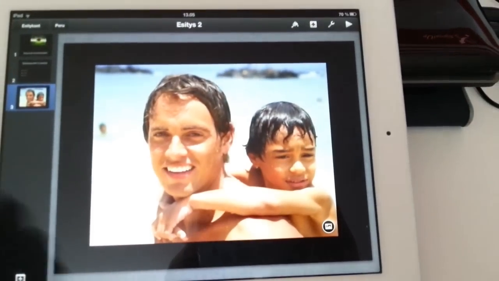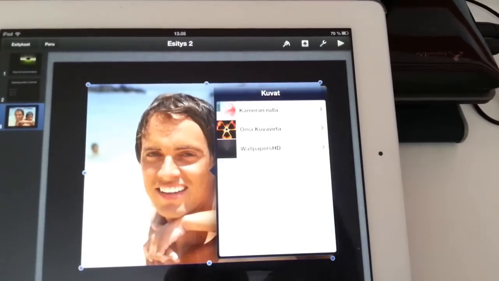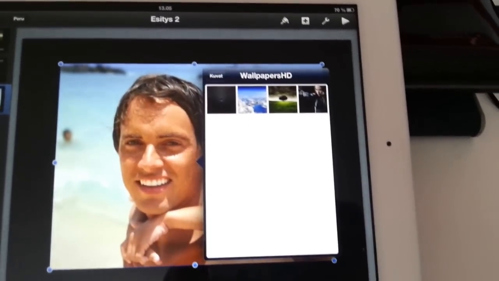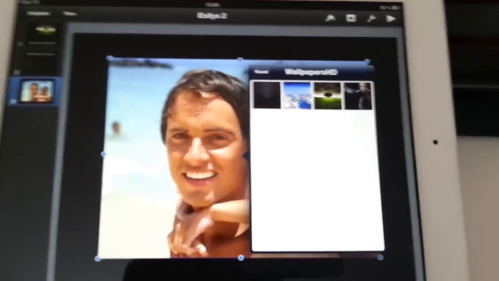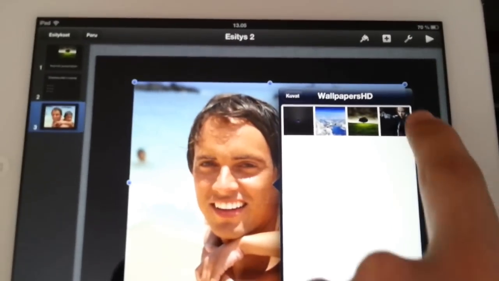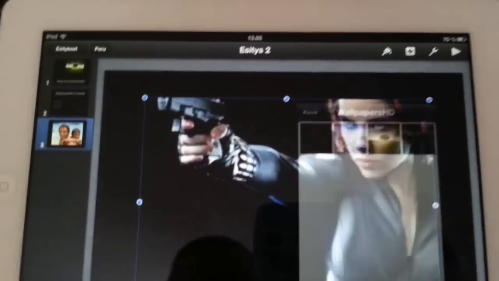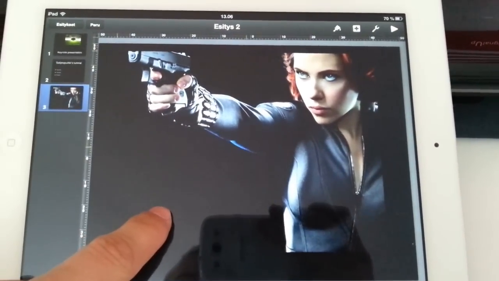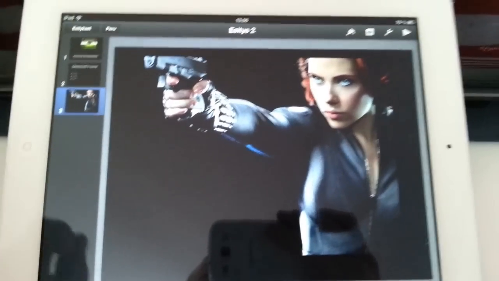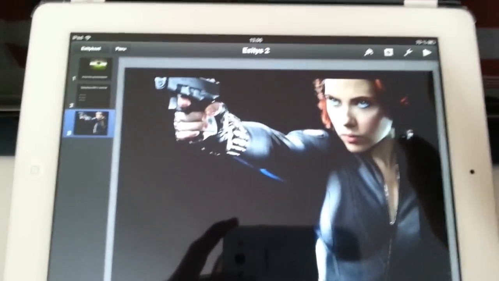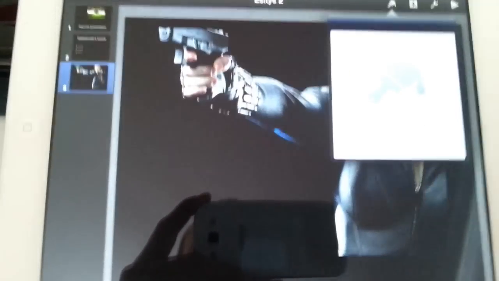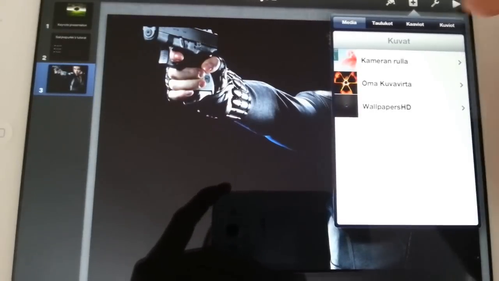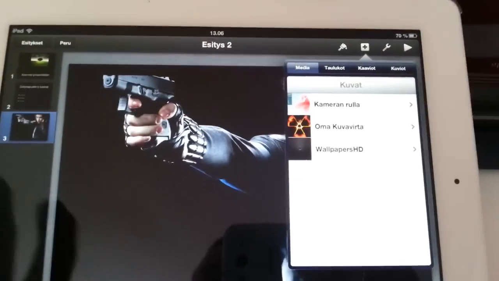This big picture. Again, press the button here, so you can choose. Here comes all. If you have iPhoto or something, it gives you all the options. Then let's choose this one. Choose like this. Then you can just resize it like that. Well, it's ready. Then up in the upper right, you can find these buttons here. Here are all the photos you can add. Well, let me show you.